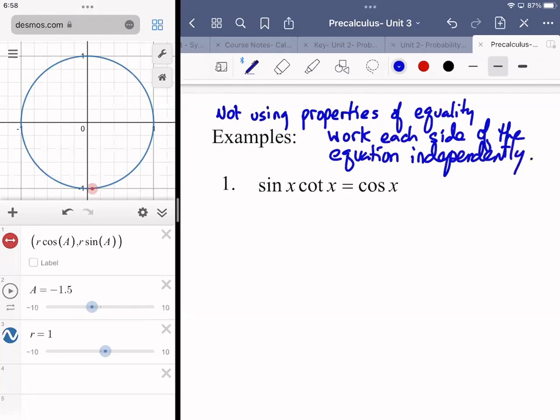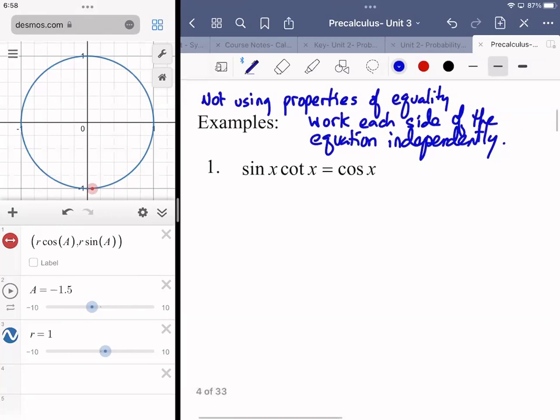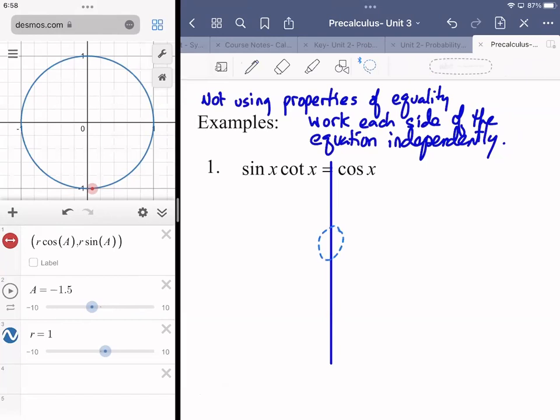So what I do, and I've done this for years, and I've recommended the same approach, and it seems to work. What I do is I draw what I call an impenetrable barrier, otherwise known as a vertical line, down through the equal sign and straight on down through as much of the workspace as I want. A little reminder to myself that I'm going to do stuff to the left side of this barrier. I'm going to do stuff to the right side, but I'm never going to do stuff